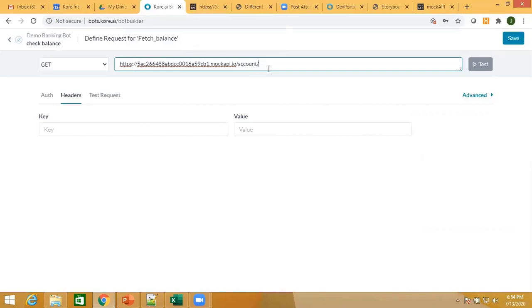So for mock API, or in any API, when you want to pass any entity value as a parameter, usually REST API calls have a q equal to the parameter value. Okay, so if you want to provide entity values over there as a parameter for the API call, within double curly braces, you say context dot entities dot the name of the entity whose value you want to pass. For mock API, why I'm specifically showing you this mock API, because many of you will need to use a mock API service when you are creating your bot for your assignment.